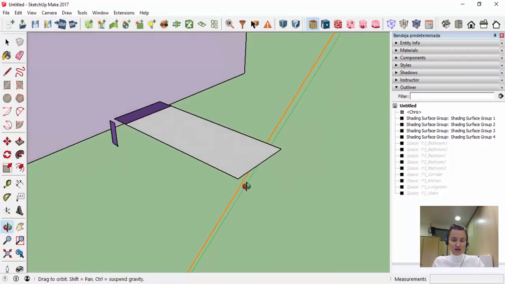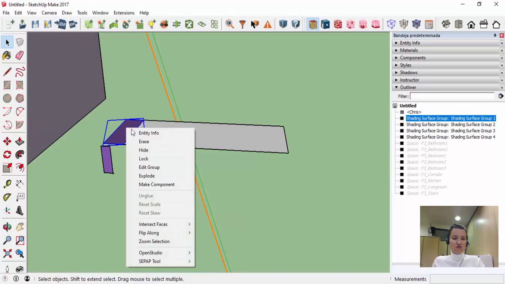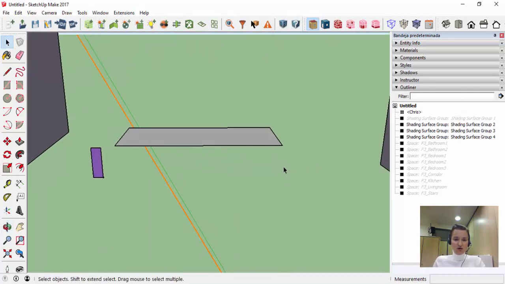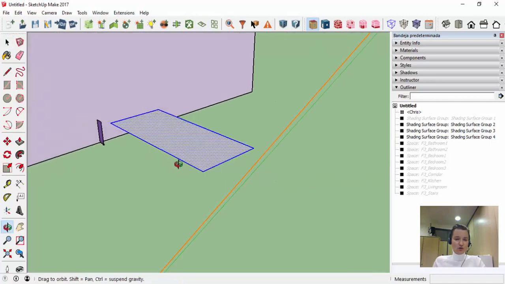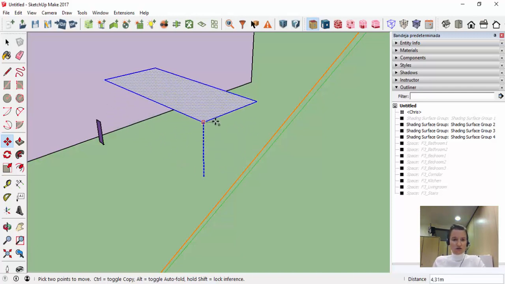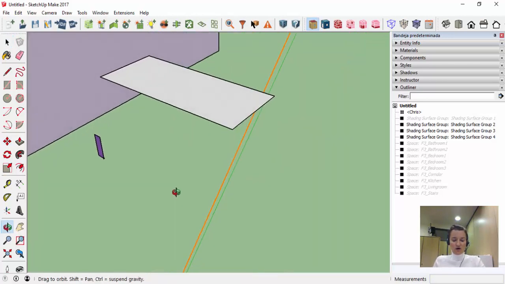This is the third floor. As this is the third floor of a multifamily block, we are going to locate the roof 6 meters over our model